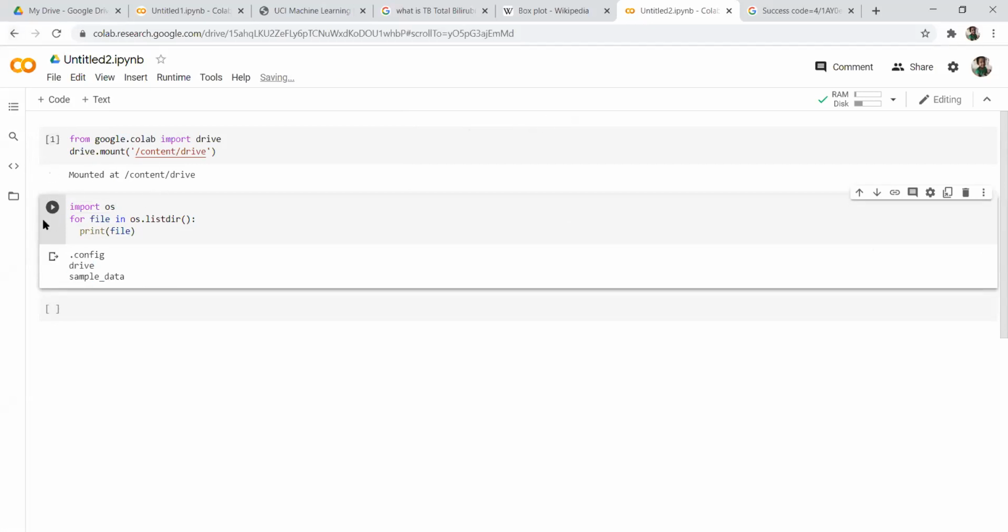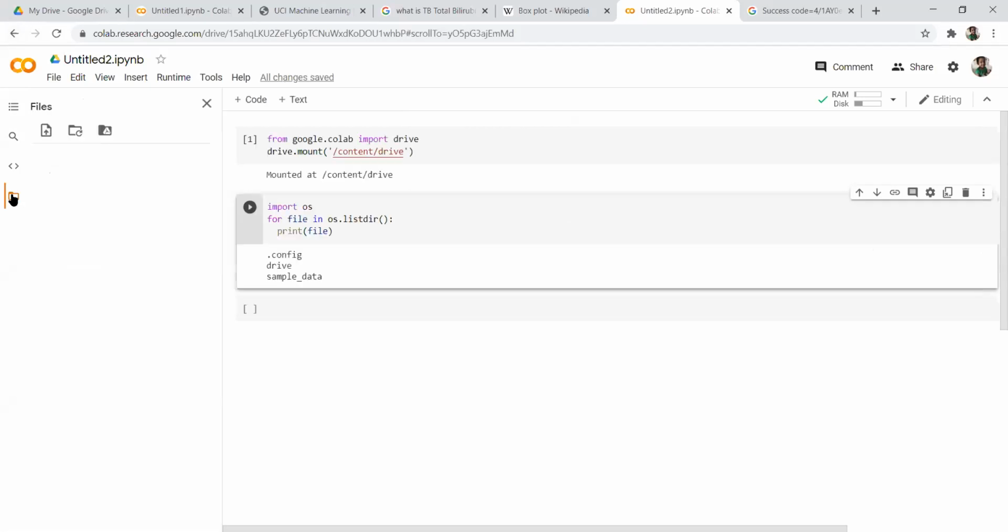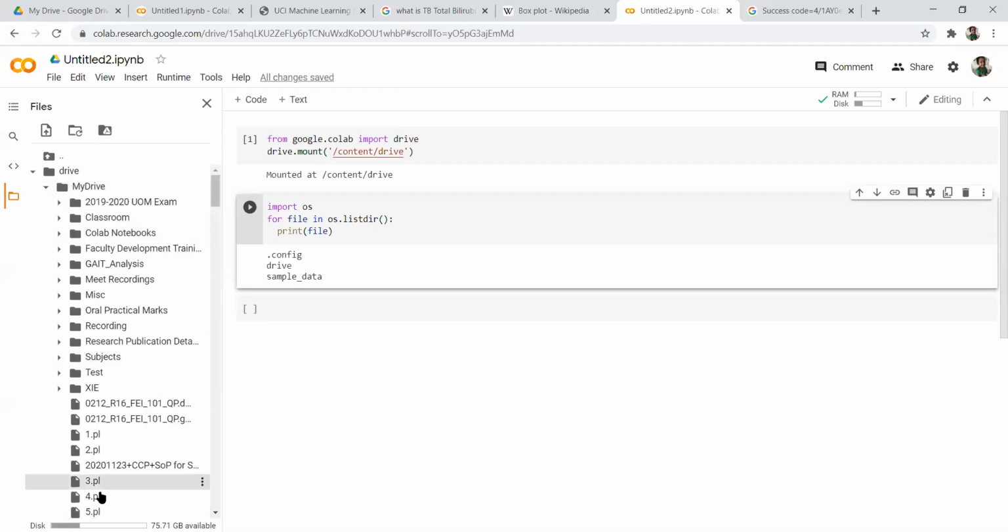If we want, we can simply click on this folder icon over here. If you click it, you see there is a drive and sample data. Inside this drive, there is a My Drive, and inside the My Drive folder you will find all the files which are there on your drive.